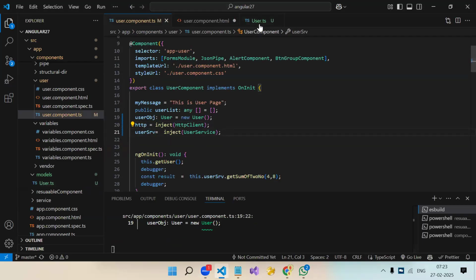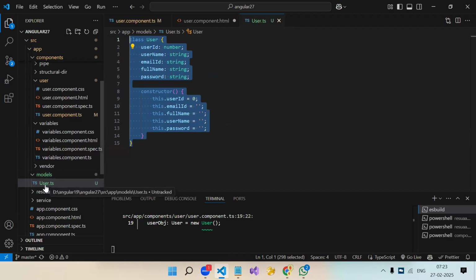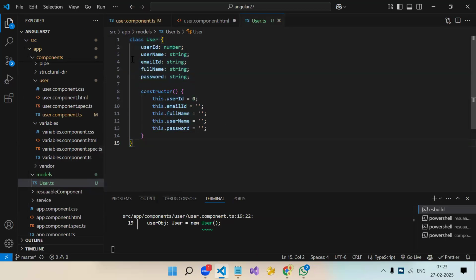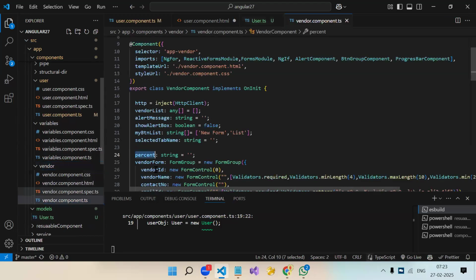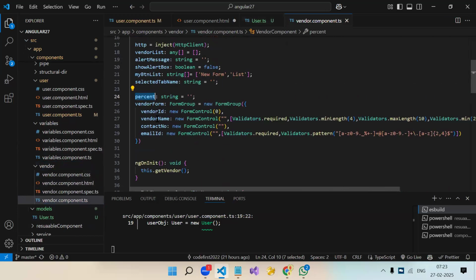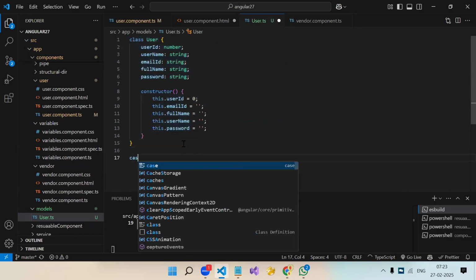Okay, so how to create a class is clear to everyone. Now, what we did in the model folder is we created one class, one simple TypeScript file. In that, we have created one class. Just like that, I can create another class also, like the vendor. When it comes to reactive forms, we don't actually have to create the class, but I'm just explaining to you. So over here, after this class, again, I can create one more class.